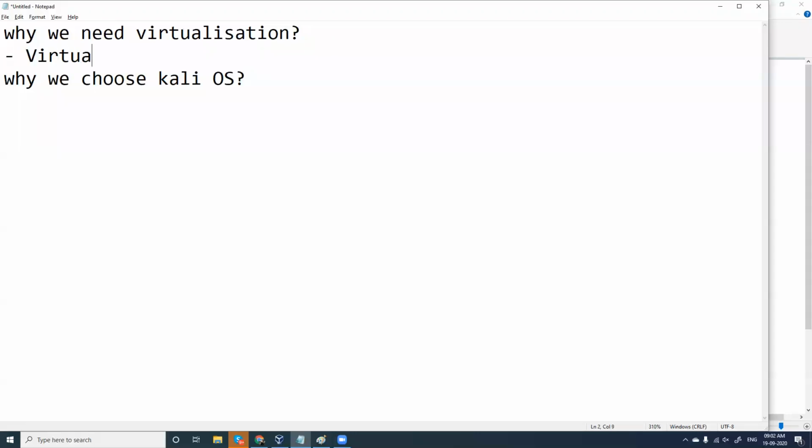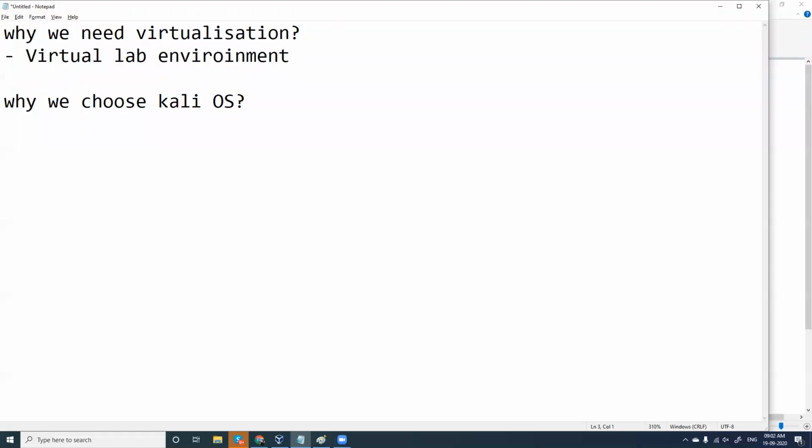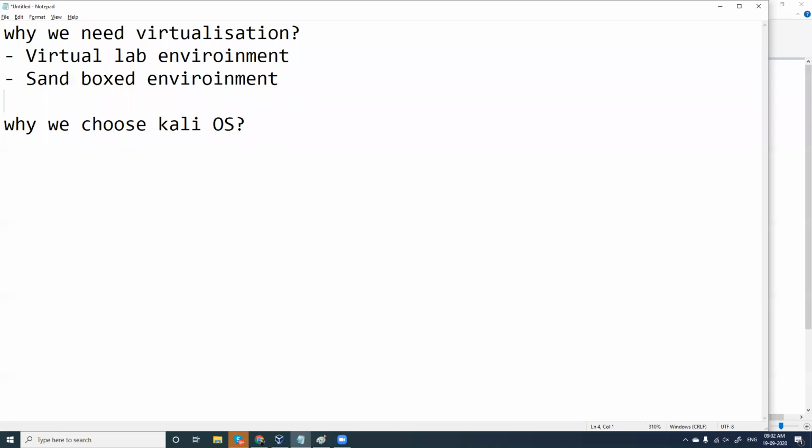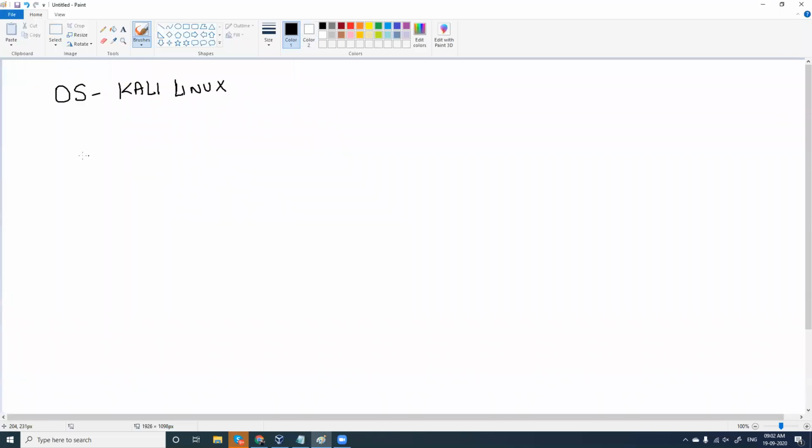One is to create a virtual lab environment. That is point number one. Second one is to create a sandbox environment. Fine. I'll tell you what these two are. Virtual lab environment. Fine.